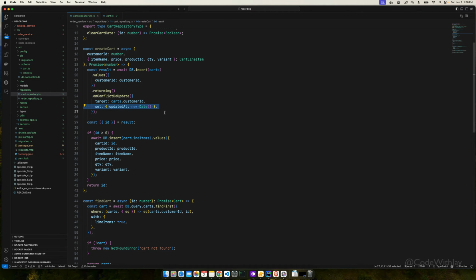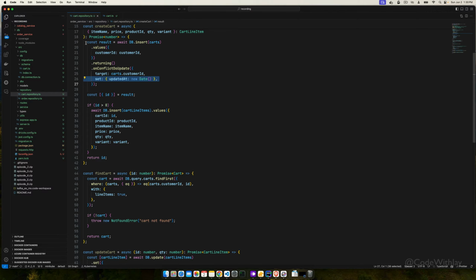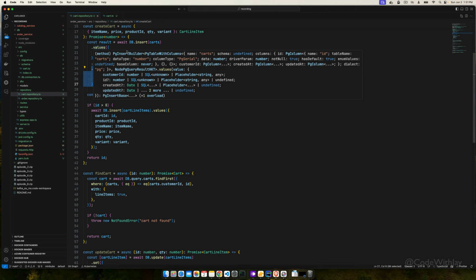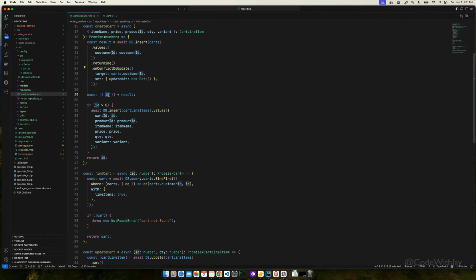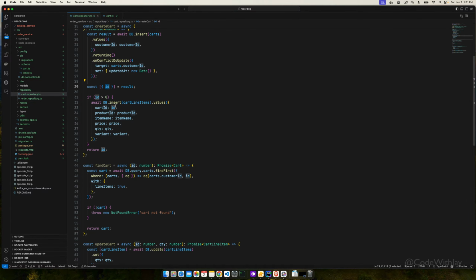right? And once we are creating the cart by using customer ID, then definitely it will return the ID. So it doesn't matter whether it is on conflict or a new entry, in both cases it is going to return this ID, right? And we will check it out. If the ID is present right there, then insert that particular ID as well,